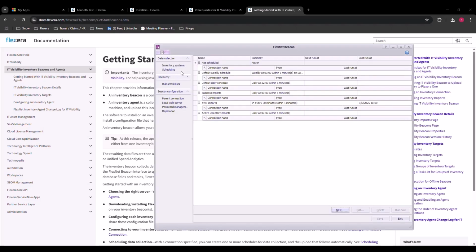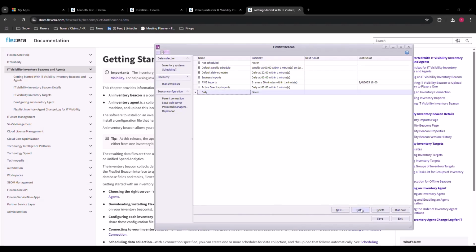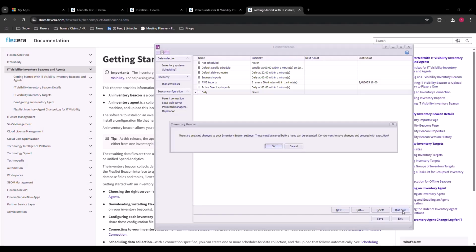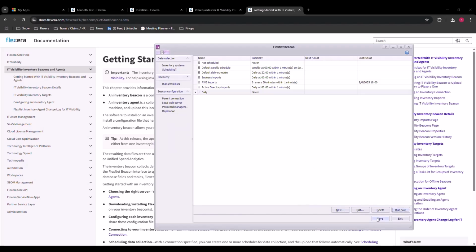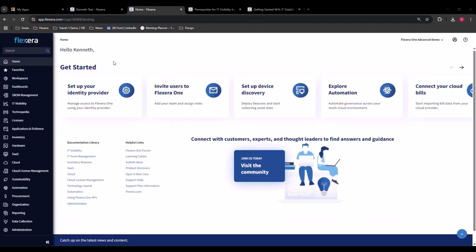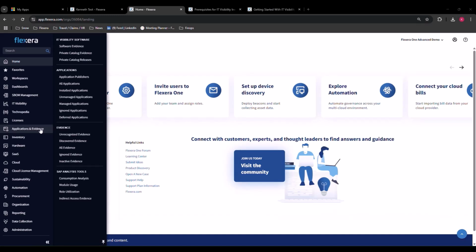You can also schedule the import, the run, set the timing, and remember to add the connection there. If you want to, you can also force run it, and remember, hit save when you're done. After running the import of data, you can come over here, Applications and Evidence, go up here, IT Visibility on Software,